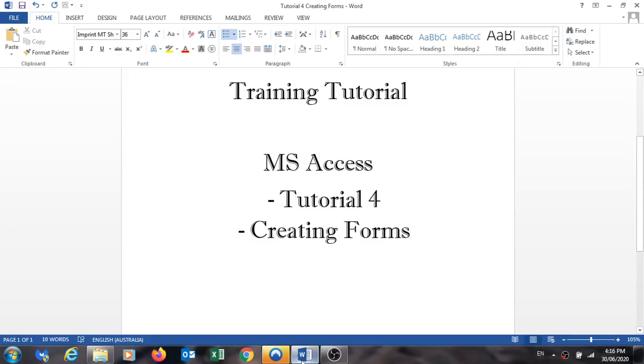Hi everybody, today we're going to be covering the next tutorial for Microsoft Access databases. We're looking at tutorial 4 today, which is creating forms and editing forms. Just a quick overview. What we're going to be covering in this tutorial is the front end, and what I